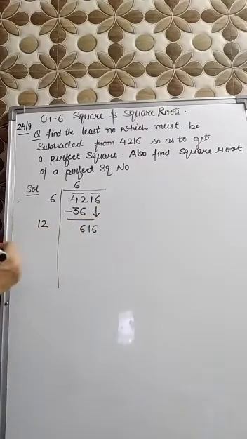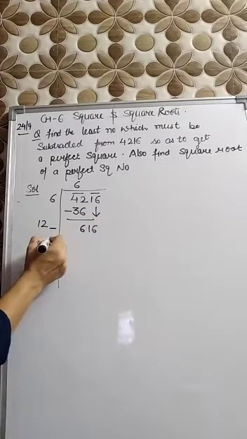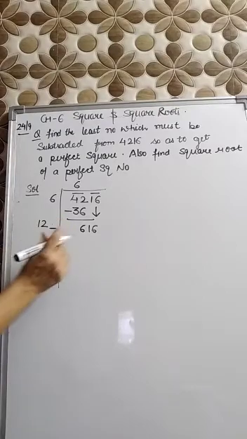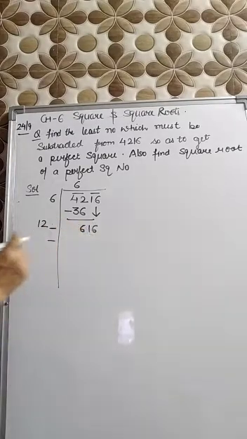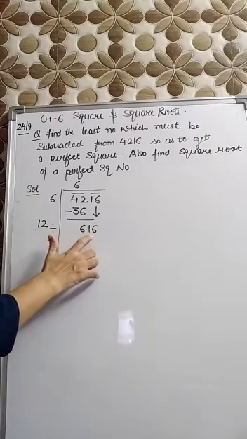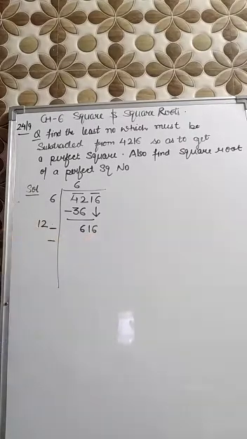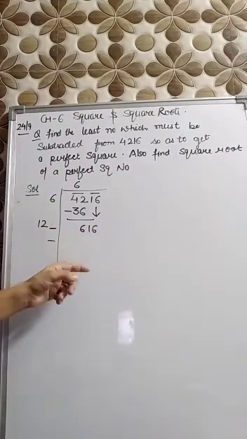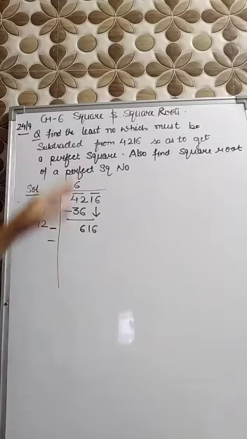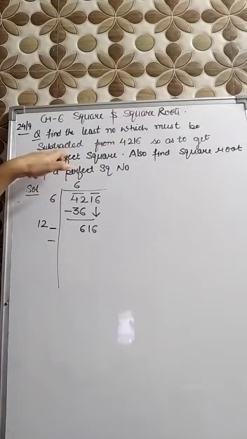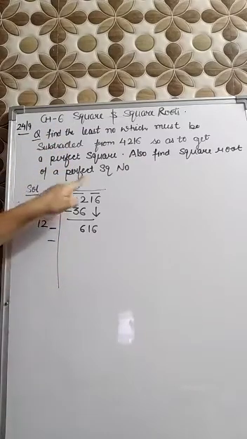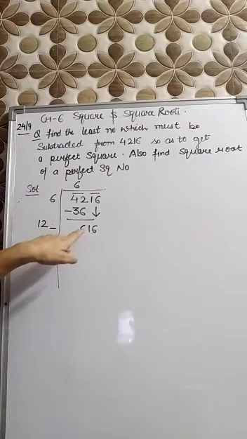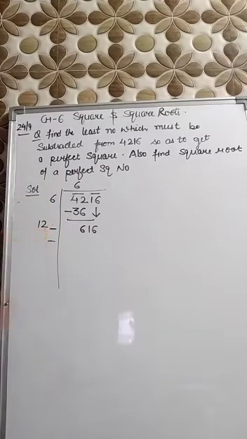This is 16. Now which number should I write here? You have to write the same number so that you can get 616. Either you will get 616 or you will write the number which is smaller than this. If this were a perfect square number, it would divide completely, then you will be left with the remainder 0. But we want to subtract the number, or you will have to find the number that should be added. So in that, this number is not a perfect square number. That means it won't give you this number after multiplication.